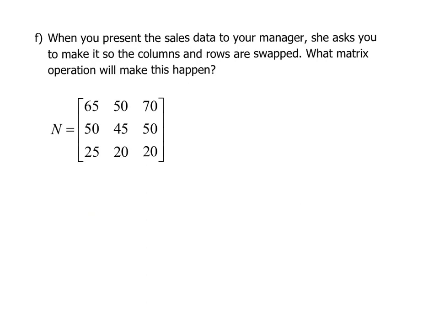It says when you present the sales data to your manager, she asks that you make it so that the columns and rows are swapped. What matrix operation will make this happen? So remember, if we want to swap the rows and columns, if I want to take that row and make it a column, that is a transpose operation. So if I were doing n transpose,